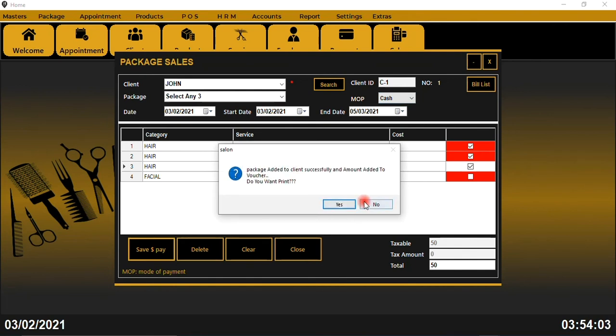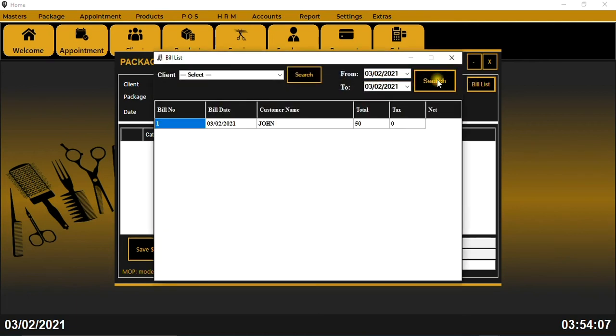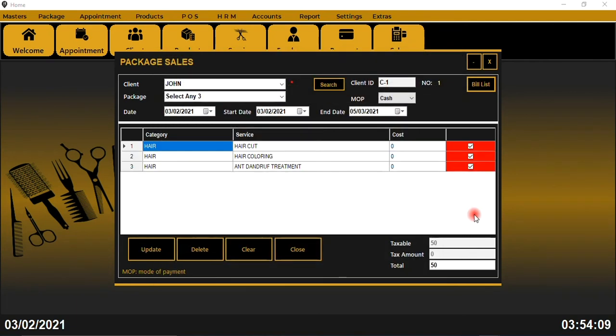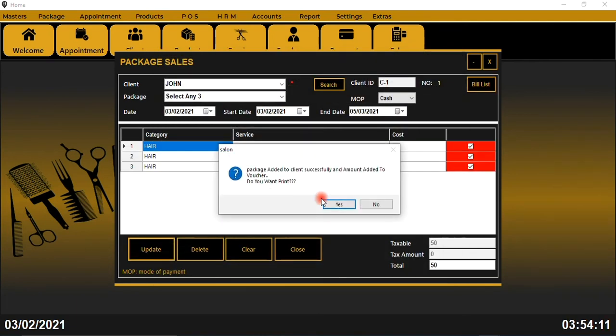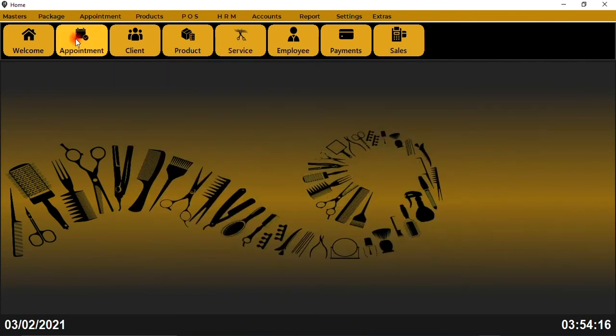Now 50 dirham is the bill. He can pay for the package as well. Now these things would be stored for a customer till the end date is available. So you can store the package, you can update the package. And as per the customer details, it can also be stored till what time the package is valid.